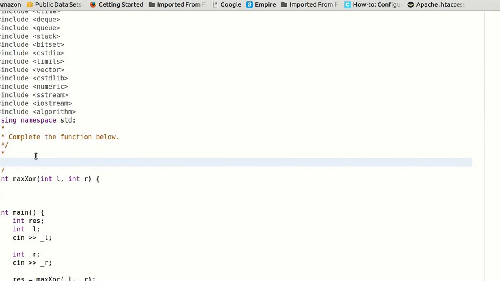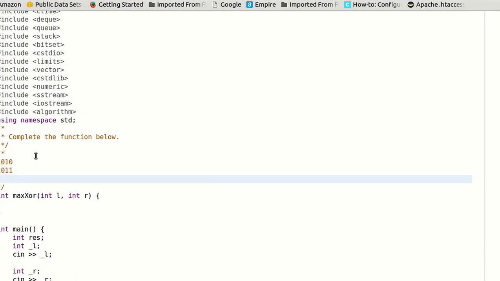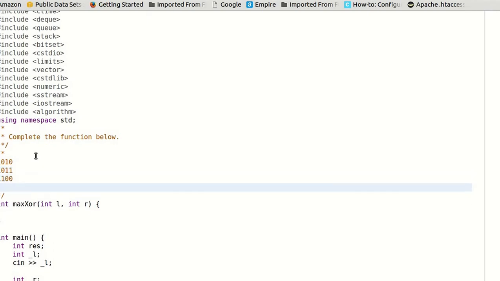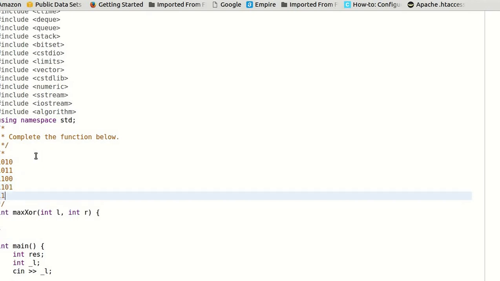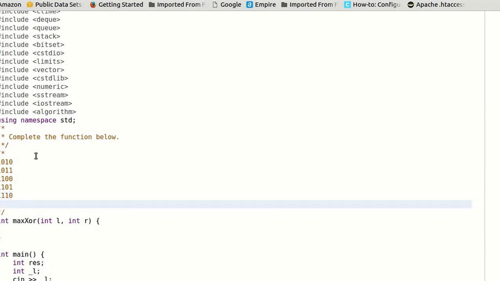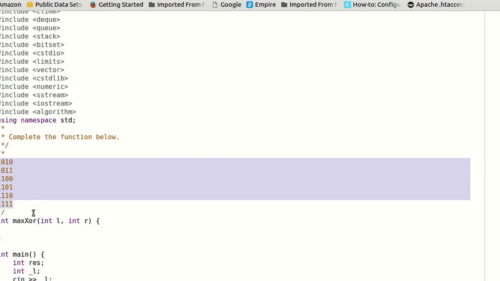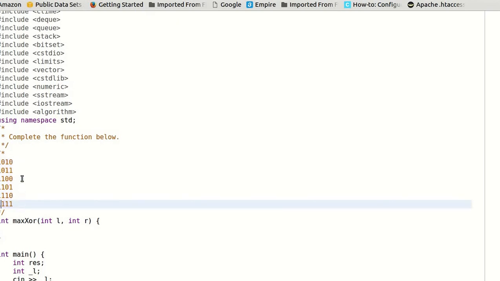10 is equal to 1010, 11 is 1011, 12 is 1100, 13 is 1101, 14 is 1110, 15 is 1111. When we XOR any two numbers in this range, we have to notice carefully that this 1 is a prefix in all the numbers, isn't it?